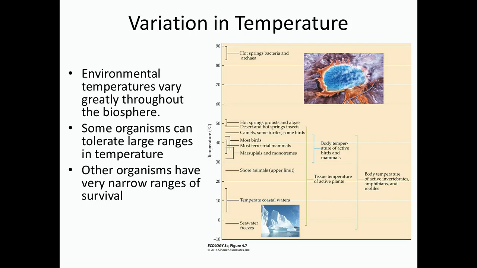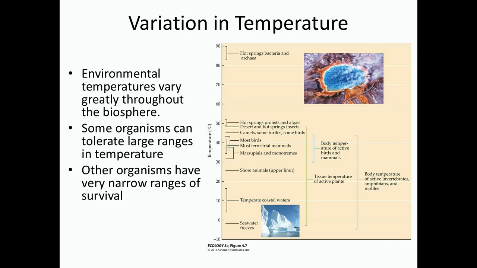Across different organisms, ultimately, what does this mean for the organism? Well, organisms are exposed to variations in temperature. Now, some places around the Earth have fairly small variation in temperature. So there's some parts of the Earth that are always hot, some parts of the Earth that are always cold, and other parts of the Earth that vary dramatically in temperature. And because of this, it shouldn't be surprising that some organisms are able to tolerate very large changes in temperature, whereas other organisms have very small ranges in temperature.